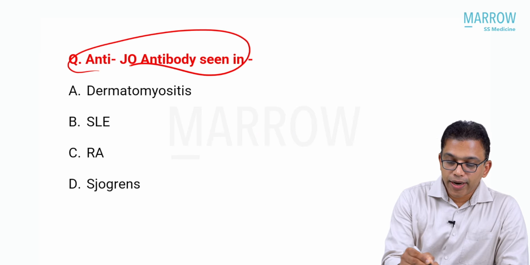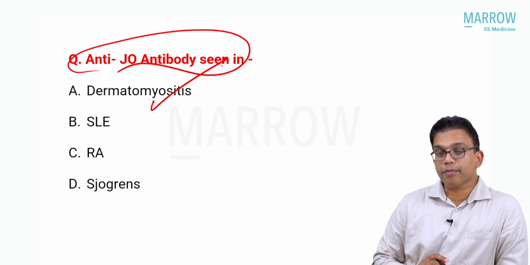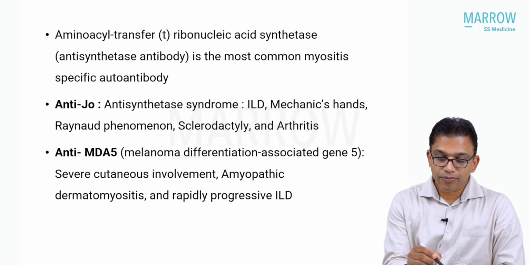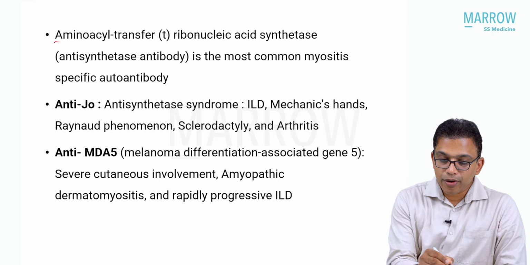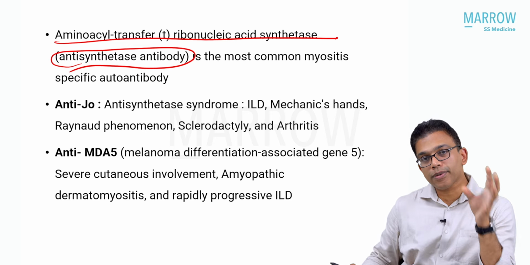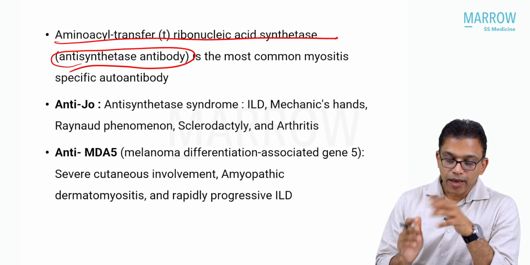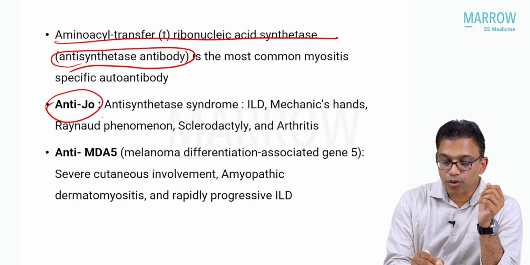So anti-Jo1 antibody, again a question which is related to dermatomyositis. It is seen in dermatomyositis, and it is a kind of amino acid transfer RNA synthetase antibody. So that is why it is known as anti-synthetase syndrome. It is the most common myositis specific autoantibody. So there are myositis specific as well as myositis associated autoantibodies, and one among them is anti-Jo antibody,